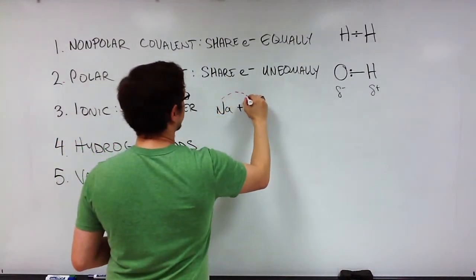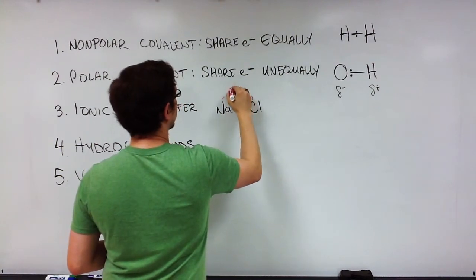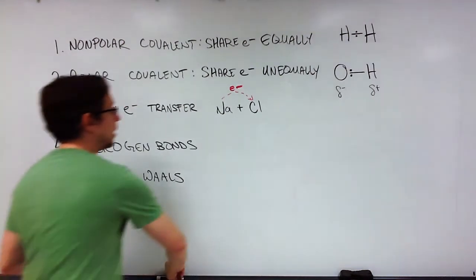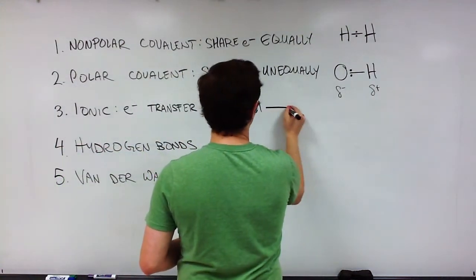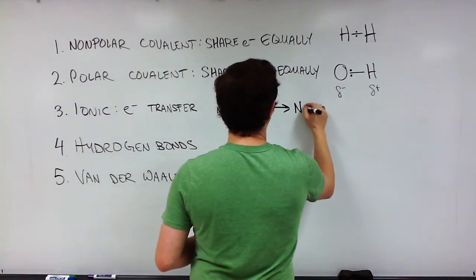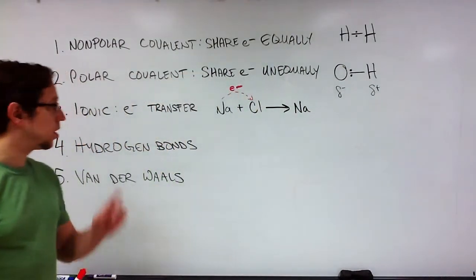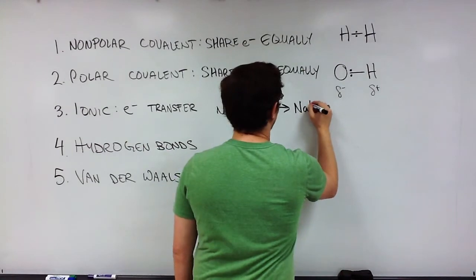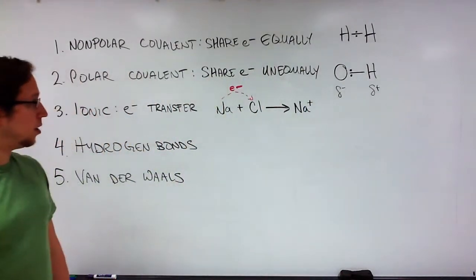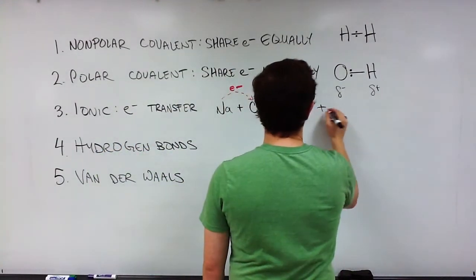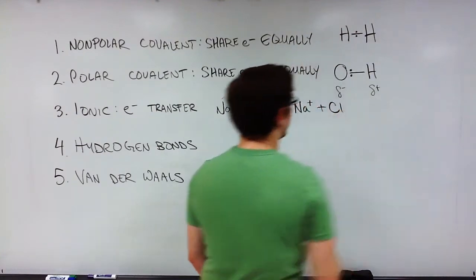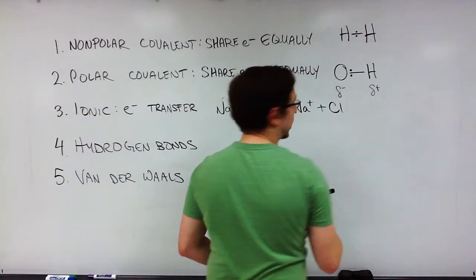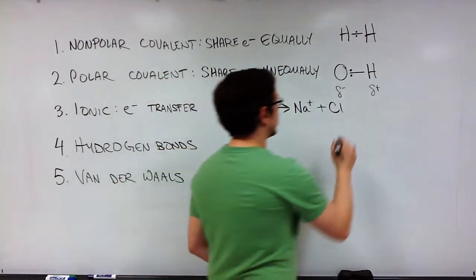An electron is transferred from sodium to chlorine, and the end result of the reaction is you wind up with a sodium that now has one more proton than it does electrons, so it winds up being positively charged, and you have a chlorine ion called a chloride ion, which gained an electron and now has one more electron than it does protons, so